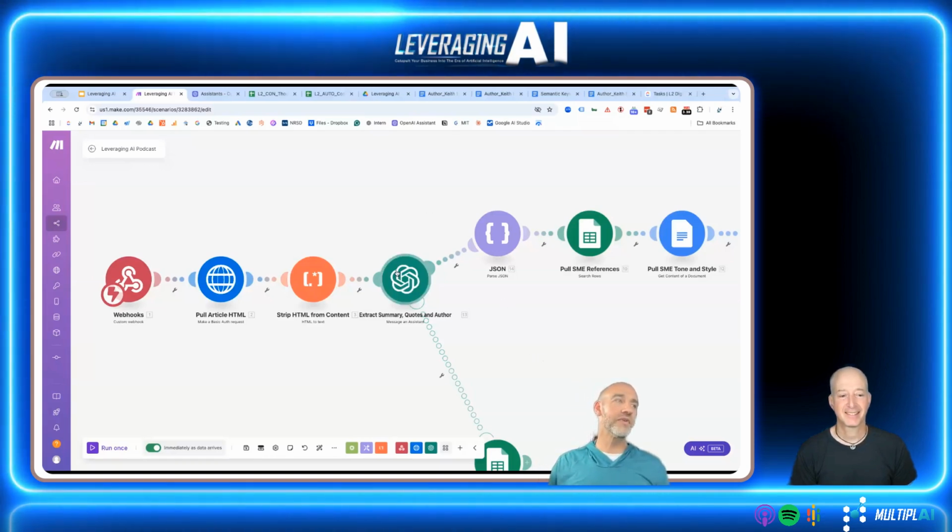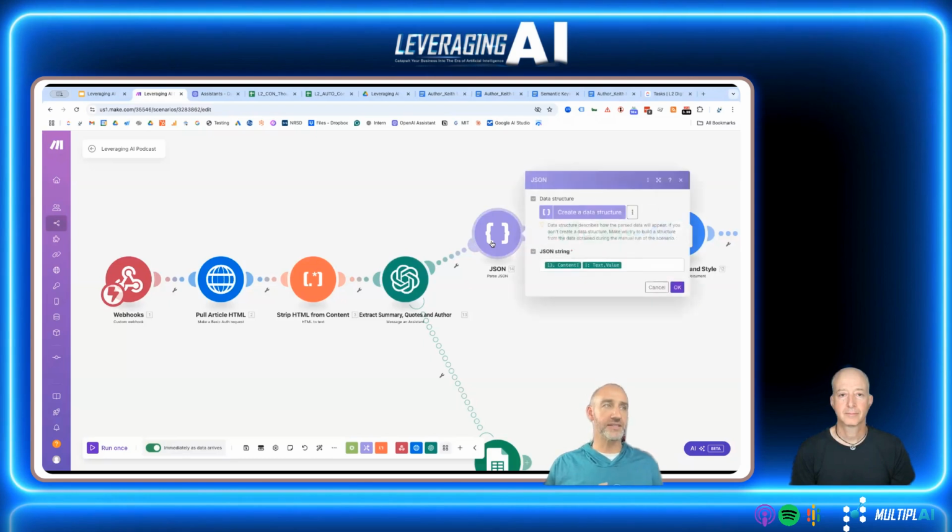But so once we've got the JSON summary of the article, and now that we've got the summary, the quotes, and the author, one of 2 things happens. We'll get into the second thing. Every so often these GPT or generative AI tools will run into errors and return an error. Something won't fire for whatever reason. I'll get into how we handle that at the end. But assuming everything comes back from this tool properly, it's going to go into the next operation.